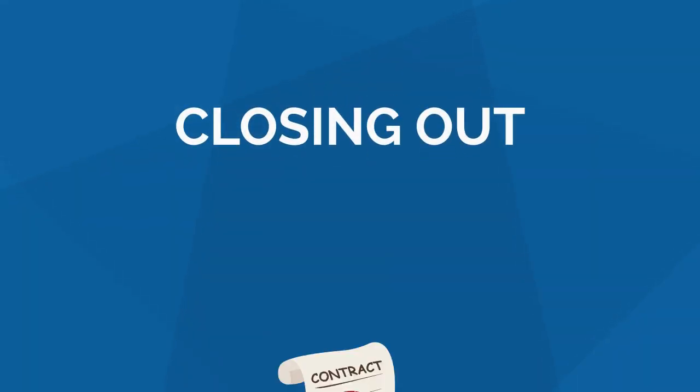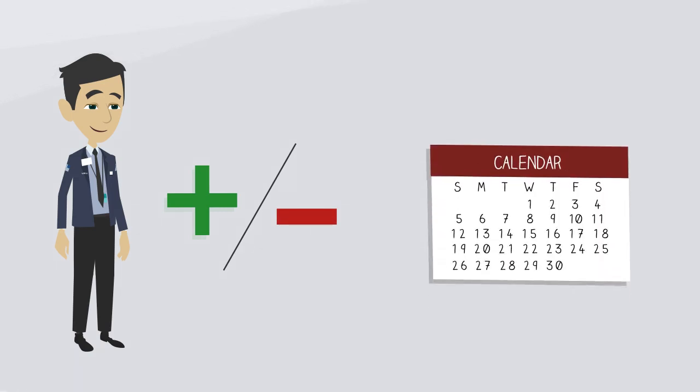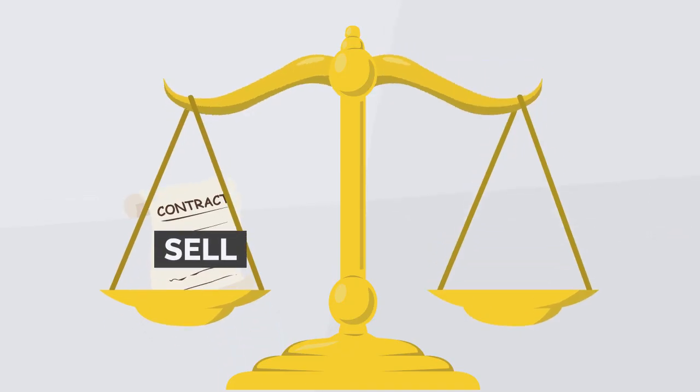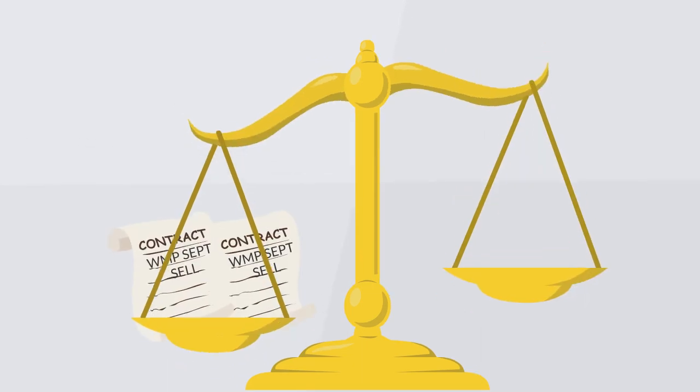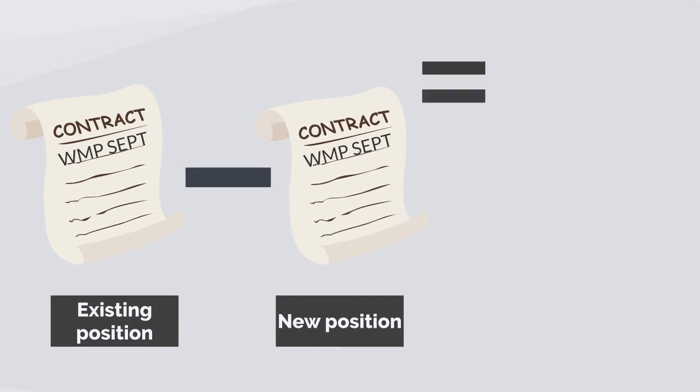Closing out or offsetting a position is when a trader is able to realise all profits or losses associated with that position before settlement. To close out a contract, a trader must take the equal and opposite position to offset the original trade. For example, a trader who has previously sold 2 whole milk powder futures contracts expiring in September will need to buy 2 whole milk powder futures contracts expiring in September. The difference in price between the existing sold position and the new bought position will represent the profit or loss